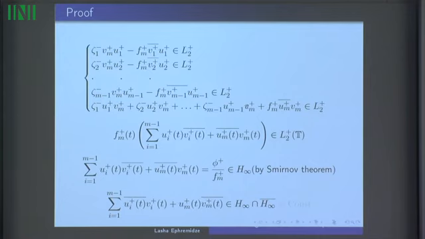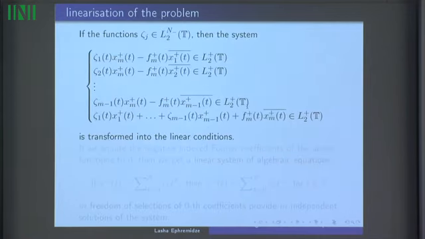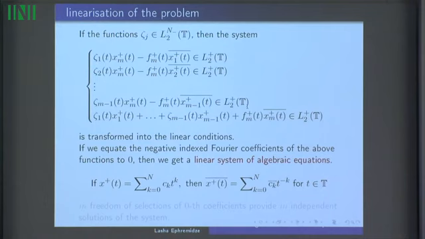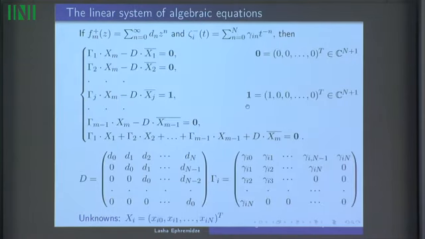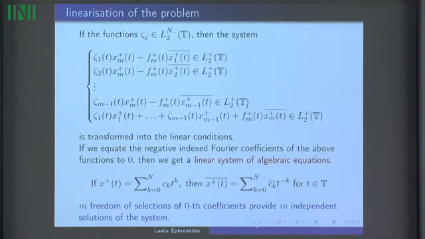Very simple proof, but a very useful theorem, which we use in the sense that whenever we take just finitely many negative coefficients in these terms, these conditions become linear conditions in terms of the coefficients of this unknown x, and we will find m independent solutions of this by equating the negative coefficients to 0, and having the freedom of choosing a non-zero coefficient somewhere here, a non-zero number, say 1, we will get m independent